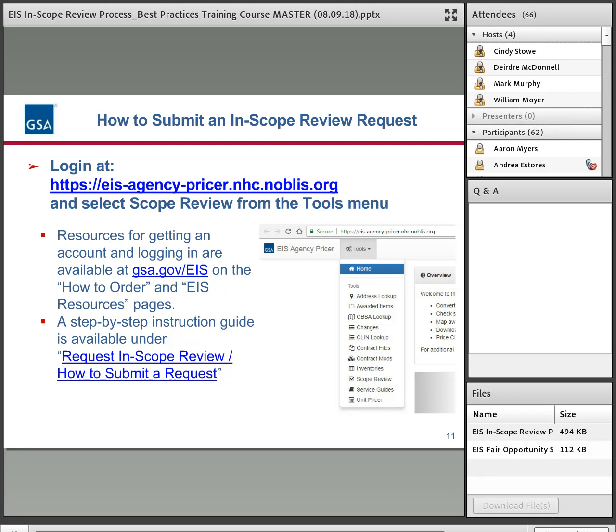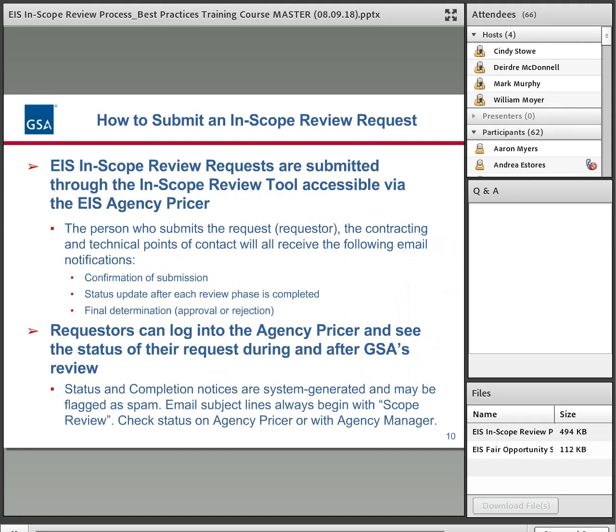Can you go back one slide? I just want to make the point that the requester, whoever puts this in, is the point of contact. So any communications regarding what stage the solicitation is in will go back to the requester.